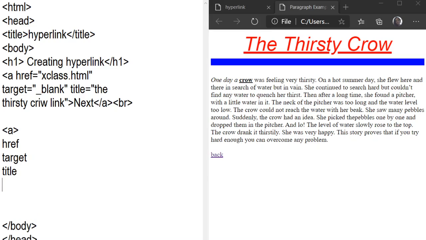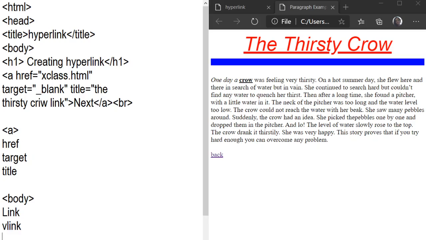Okay, and one more, we learn here three attributes of the body tag. One is link. By default, the link color is blue. The second is vlink, visited link, and by default the visited link color is purple.